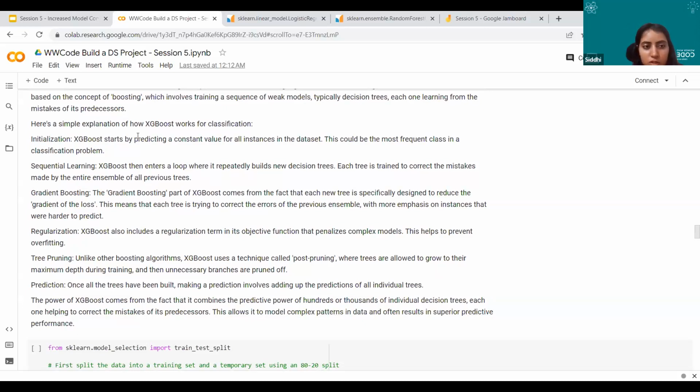it has several steps involved. First is initialization, where you will predict a constant value for all the instances in the data set. Then it will do sequential learning, wherein it will enter a loop and repeatedly build new decision trees. Each tree will be trained to correct the mistakes of all the previous trees. Then we do gradient boosting. Gradient boosting comes from the fact that each new tree is specifically designed to reduce the gradient of the loss. Followed by regularization, which, as we know, is used to reduce overfitting,